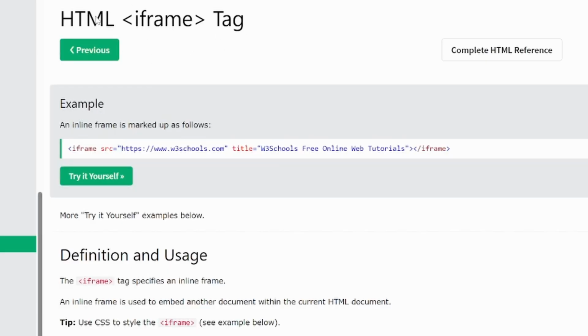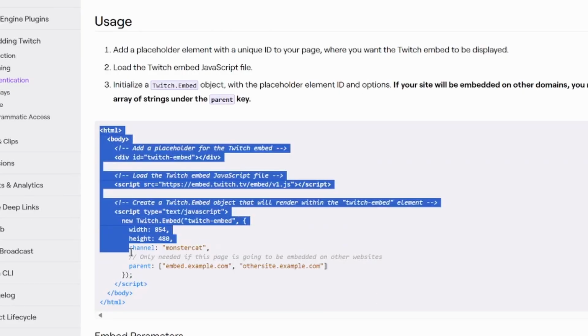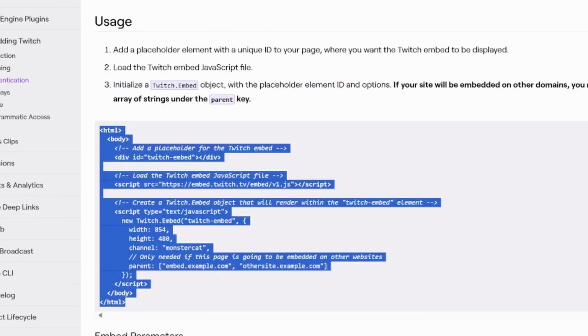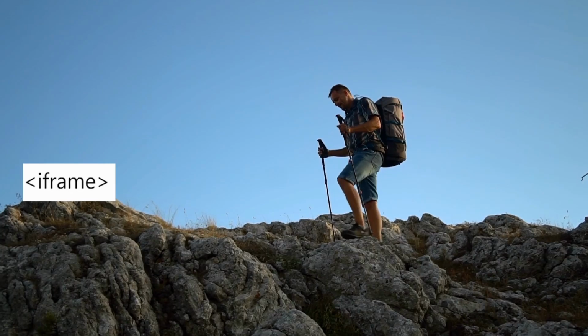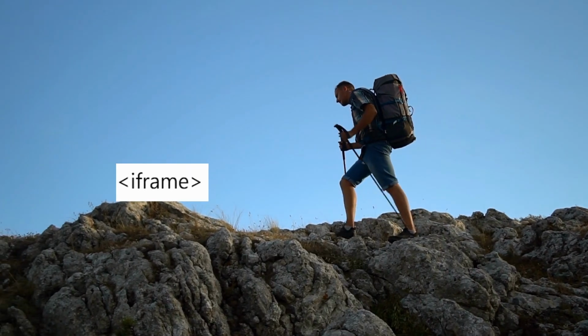Okay, so I just discovered a really cool thing about embedding video inside an HTML document, such as an in-app message. You can use the thing called an iframe, which stands for inline frame. Turns out iframes mean you can put one HTML document, such as a video, inside another HTML document, such as your in-app message, and users can still interact with both. I copy and pasted the iframe code examples from the Twitch docs, put them into an in-app message I had pre-made in Braze, and started on the valiant journey to get it to work. I had a feeling iframes could be the key that I was looking for.